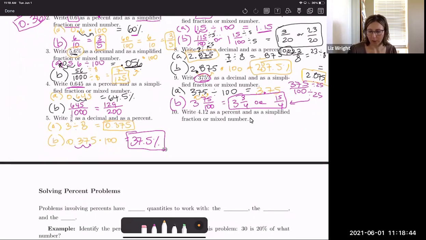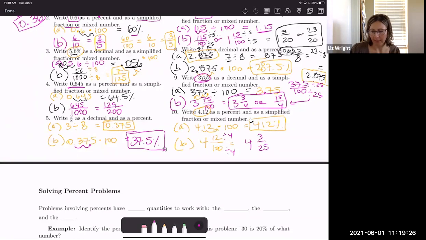Okay, write 4.12 as a percent. So we're going from a decimal to a percent. So decimal to a percent, we're going to multiply by 100. And again, that's going to go 1, 2, and that's going to give me 412%. Awesome. And then we're writing it as a simplified fraction or mixed number. So I'm going to start right here, and it's going to be 4 12/100. And it looks like we could take out a 4. So let's take out a 4. And then we would get 4